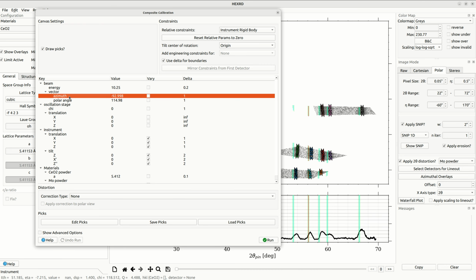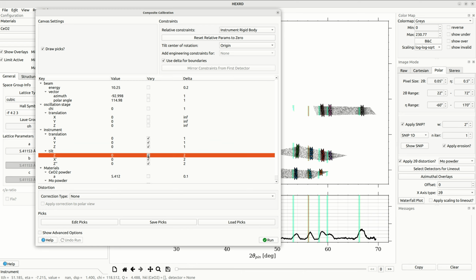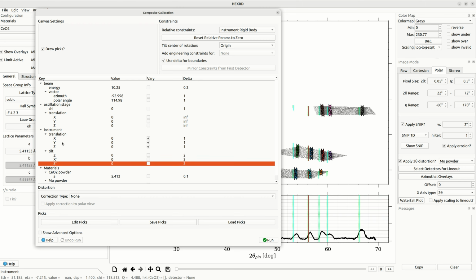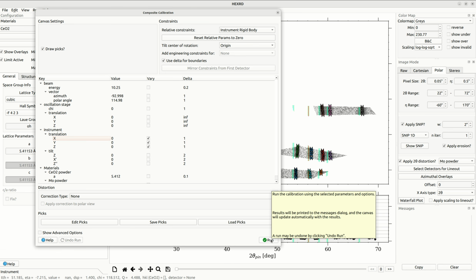And we also will refine the beam vector, because there's some uncertainty in the beam vector as well. So I'm going to turn off the tilt parameters, only refine the translations. You can see you can set some delta boundaries over here too. And I'm going to click Run to perform the first